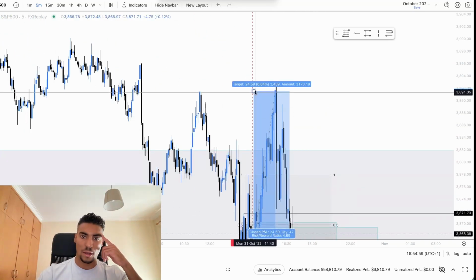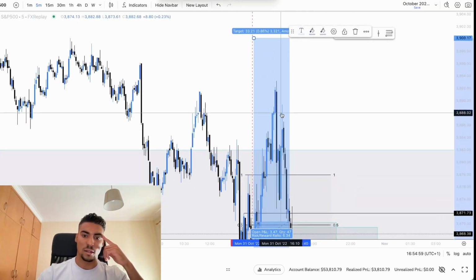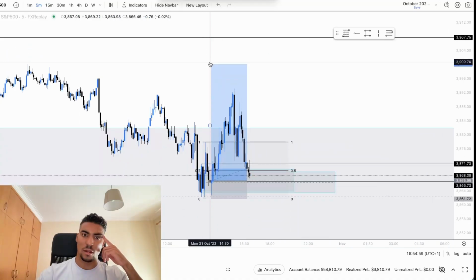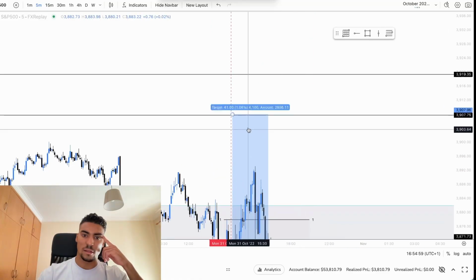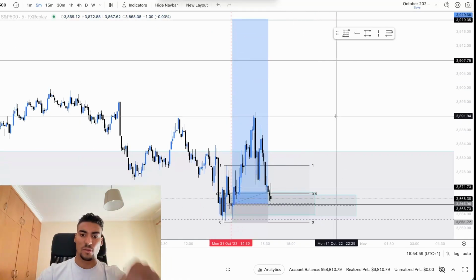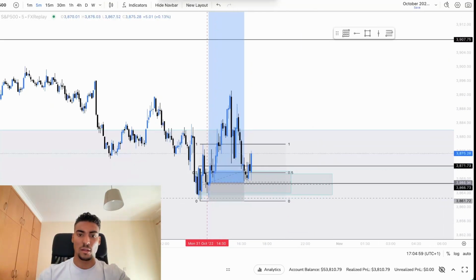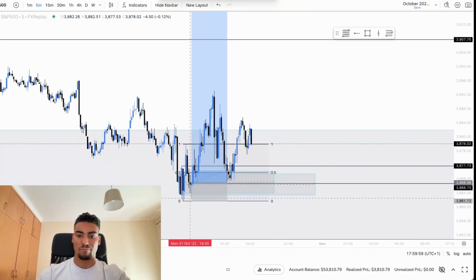So 1 to 4, and then we have also these and these and these and these. I'll target all those at 1 to 6 ratio, and then I'll target these highs as last take profits, 1 to 9 ratio, 1 to 10 in this case. But yeah, just no trades now.